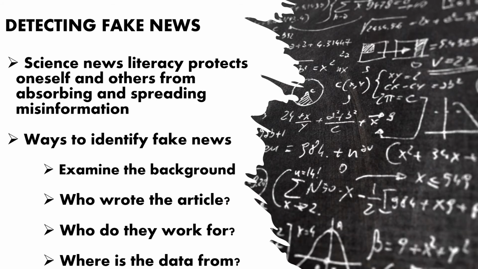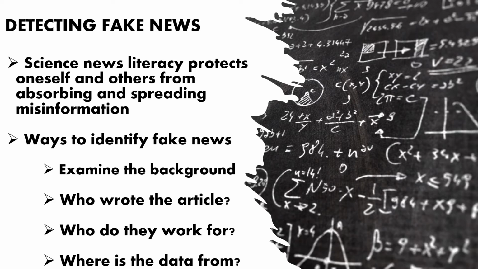Next, we will discuss methods you can use to detect misinformation within news stories and to figure out if a news story is fake news. Applying the principles and practice of science news literacy when reading science news, or general news, online protects not only yourself from consuming falsities, but it protects you from spreading fake news and thus protects the public from consuming fake news. If you carefully examine the appearance and content of a story, there are numerous red flags that indicate fake news. These red flags become readily visible if you know what to look for.